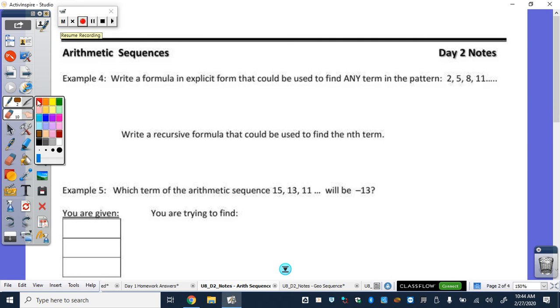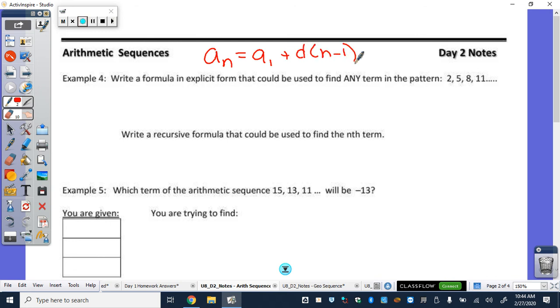All right. So I don't have to keep flipping, let's rewrite our formula up there. Write a formula in explicit form that could be used to find any term in the sequence 2, 5, 8, 11. So because we are writing a rule in explicit form, we only need to know 2 things. We need to know our first term and our common difference. So of our sequence over there, what's our first term? Common difference is,